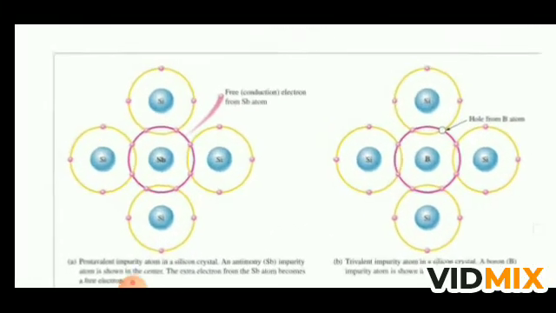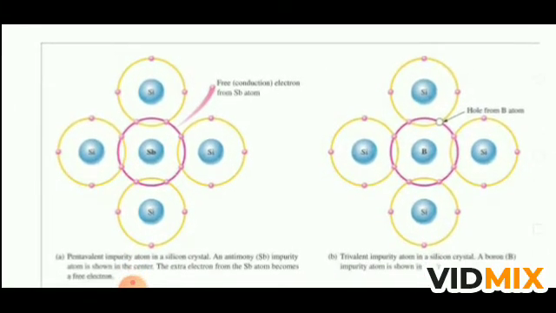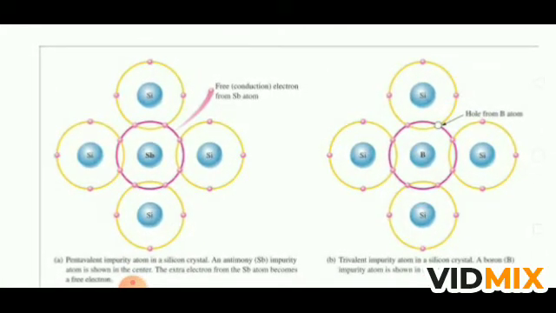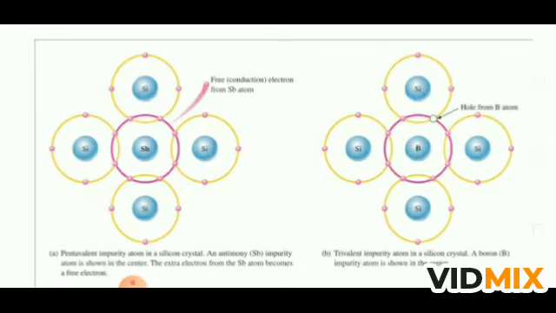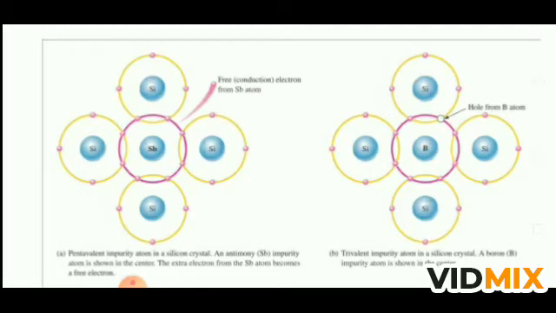And if you see, we had discussed how we can make N and P type semiconductor by adding impurity from outside. Here the pentavalent impurity is added in the form of antimony. Sb is the symbol for antimony. If we add the pentavalent impurity atom in a silicon crystal, one free electron is there, making it N type. And in the second figure, if you see boron added as an impurity in the silicon crystal, then it leaves behind a hole, forming a p-type semiconductor.